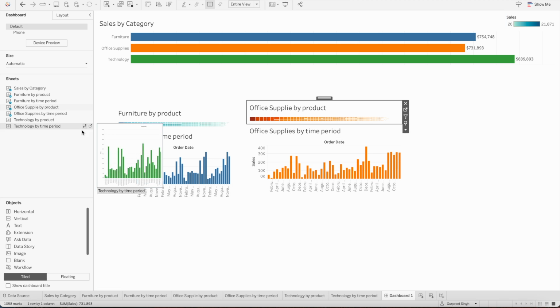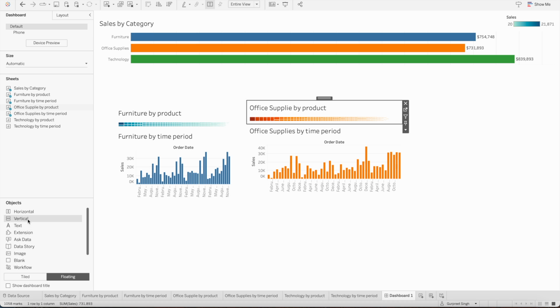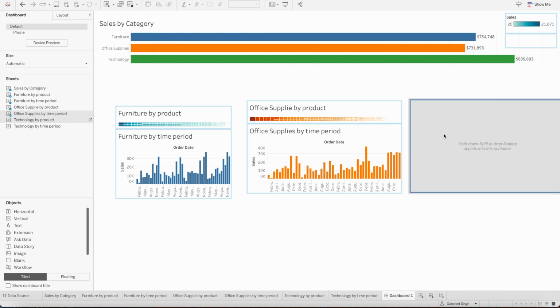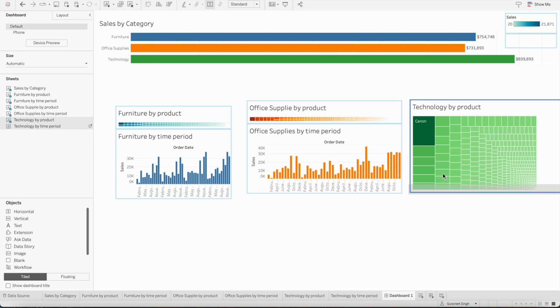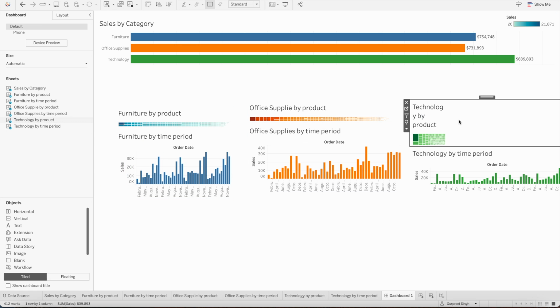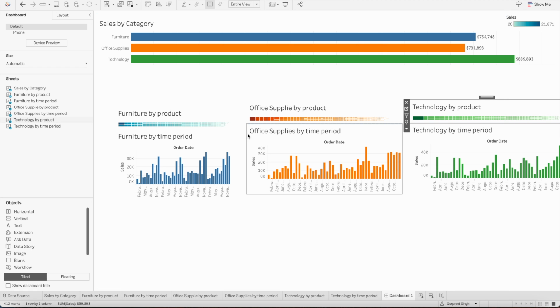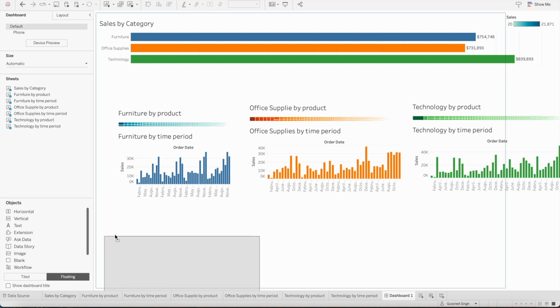Now we are left with the last one, so I will bring a floating vertical container. I will keep it here, and I will again change the settings to tile and bring technology by product and technology by time period. And I will change the view here and fit the entire view. So now we have 3 vertical containers with 2 sheets in each of them. Now what I want is to create a horizontal container. So I will bring the horizontal floating container here